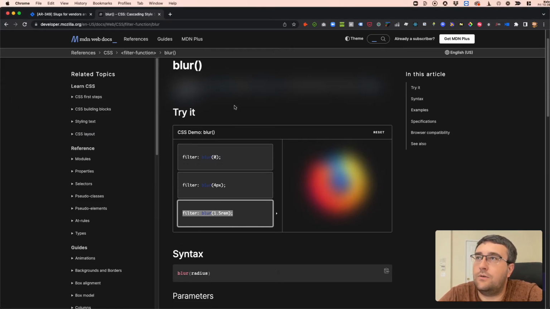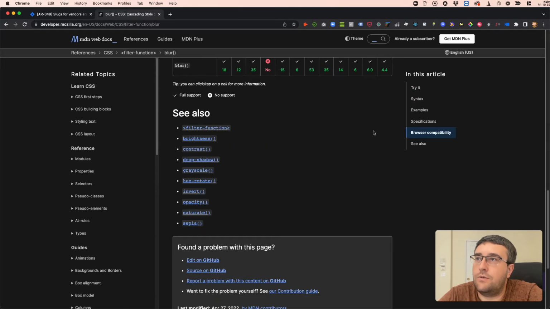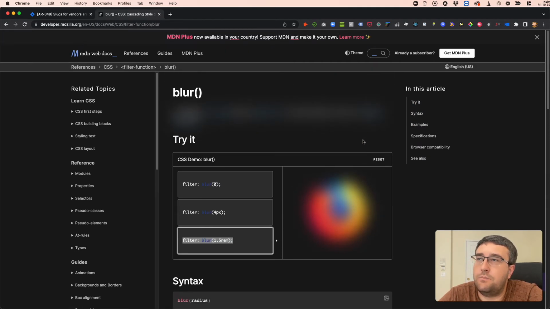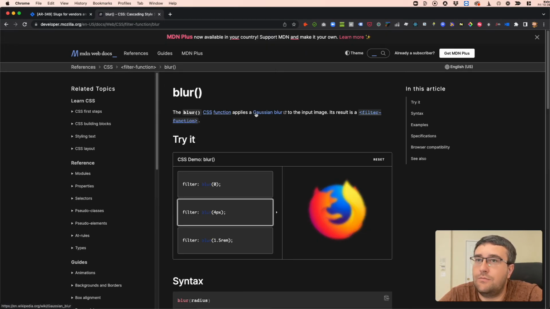And the page itself will still be fully functional, and you can do everything else that is possible to be done here, but this element will not be visible and will be blurred. Obviously that will go away if we refresh the page, so just be aware that it is temporary and will vanish